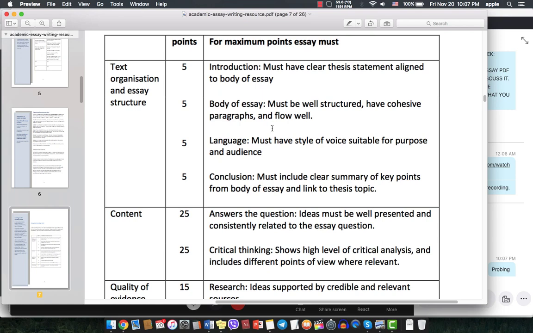When we go to the body of the essay, it must be well structured, and each one of the points, each one of the sentences, each one of the paragraphs of the essay is linked to the next. The best way I can advise you to follow is to always have the last sentence of the first paragraph indicate something that the reader is going to be excited to read about in the next paragraph, like a